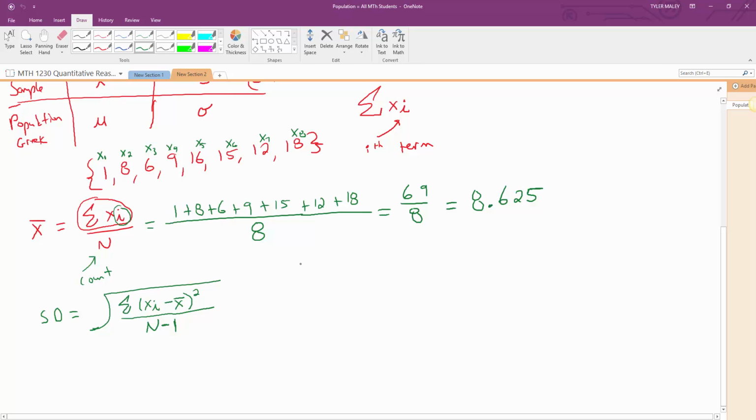So I'd probably make a table. Here's x: 1, 8, 6, 9, 16, 15, 12, 18, right? We already found the mean. So for this next row, we want to calculate x minus x bar,